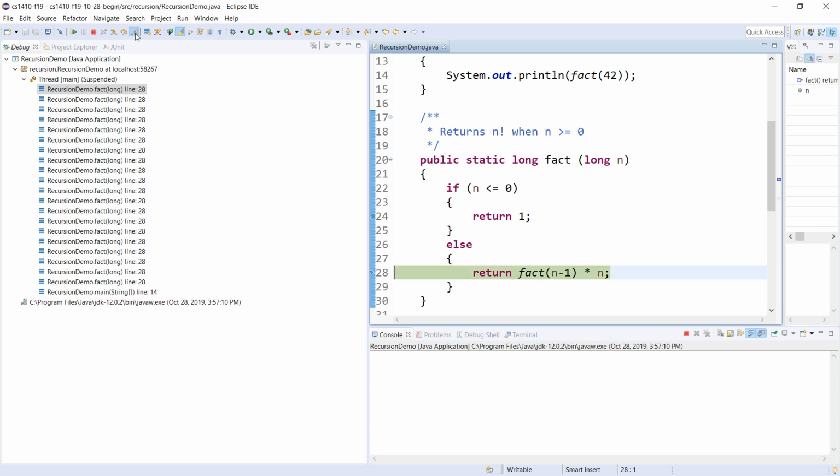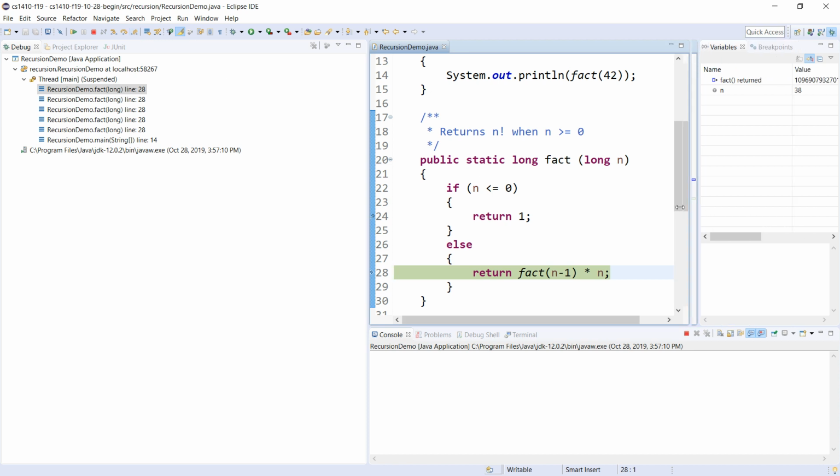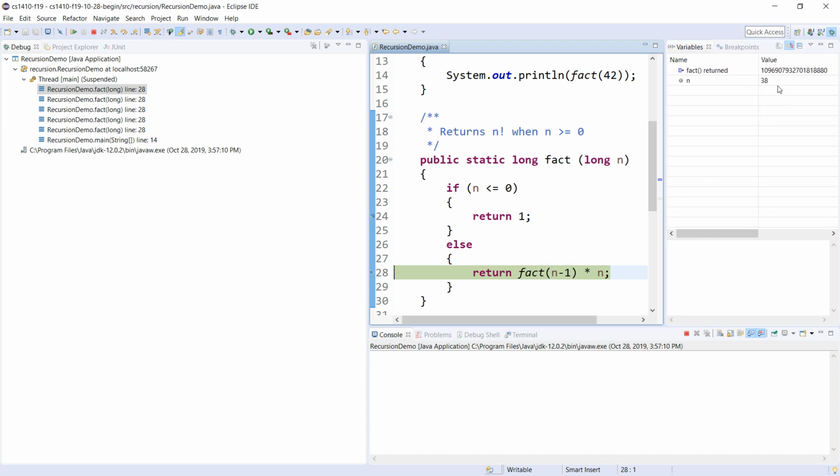And then if we just start stepping out, it returns, and the result builds up over here. Actually, I should have done this all along. Over there you can see what's being returned and what the value of n is. So as I step out,